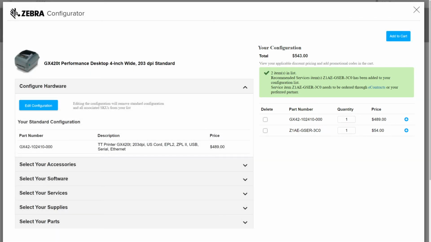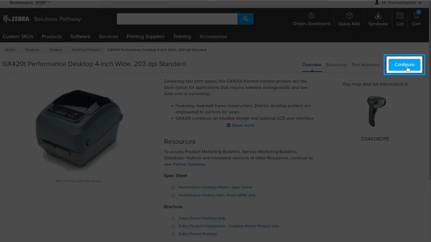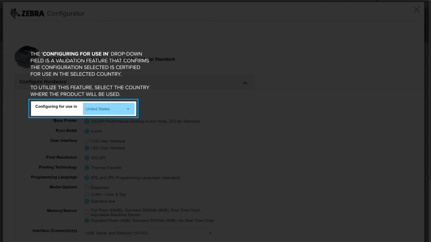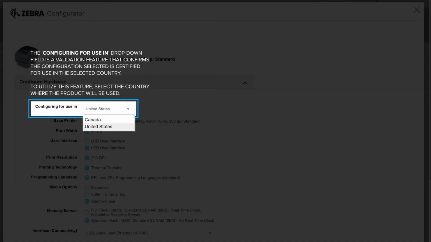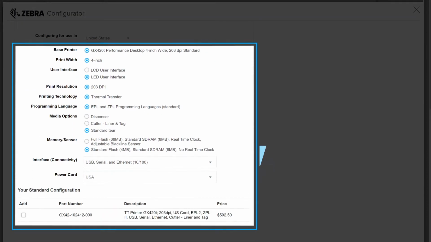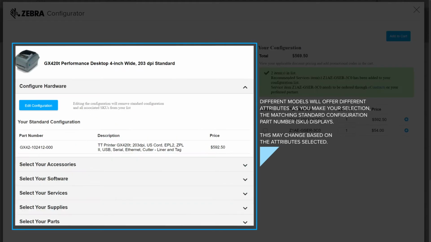To launch the configurator, select Configure from any product model detail page. The Zebra configurator opens showing which country you're configuring for use in. Then below, the key product attributes for the model being configured are displayed. You can change the attributes in the section and begin to configure your desired product with options such as Select,